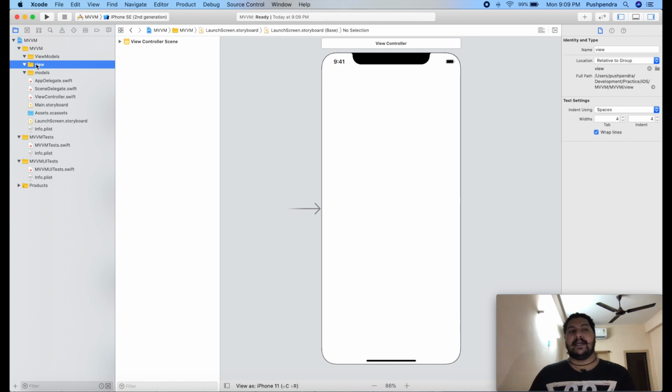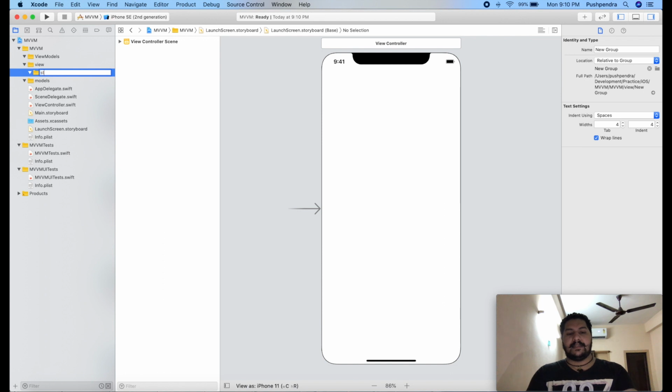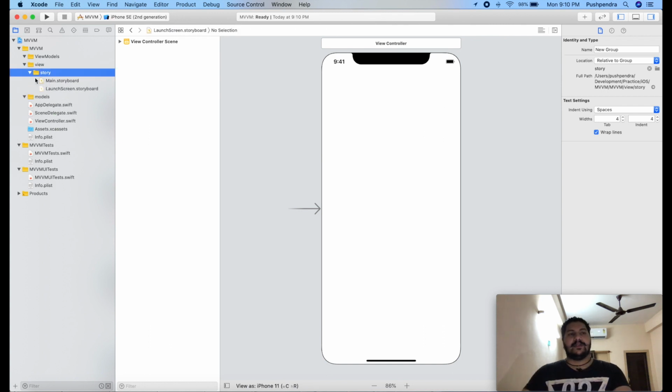So how can we do that? Let's say this is storyboard. I'll create one folder for stories where I can keep my storyboards. So from here, new group, story. Here I can put all the stories related to my Xcode project. So this is story, and inside the story folder I'll keep both storyboard files.